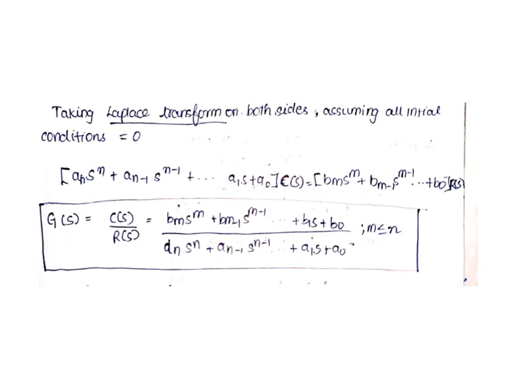r of s. Okay, because the left hand side is going to consist of c of s and the right hand side is going to consist of r of s, and then I am going to define my transfer function G of s equal to C of s by R of s. That is, the Laplace transform of the output divided by the input is called the transfer function, and m should be less than or equal to n. Okay,